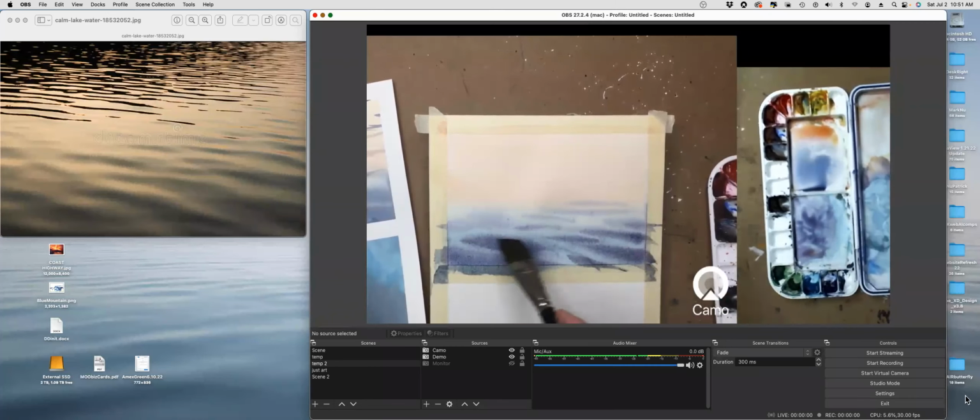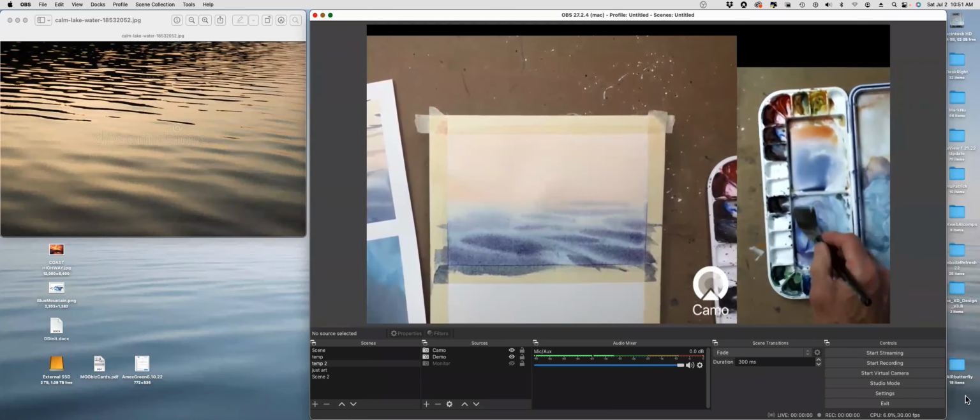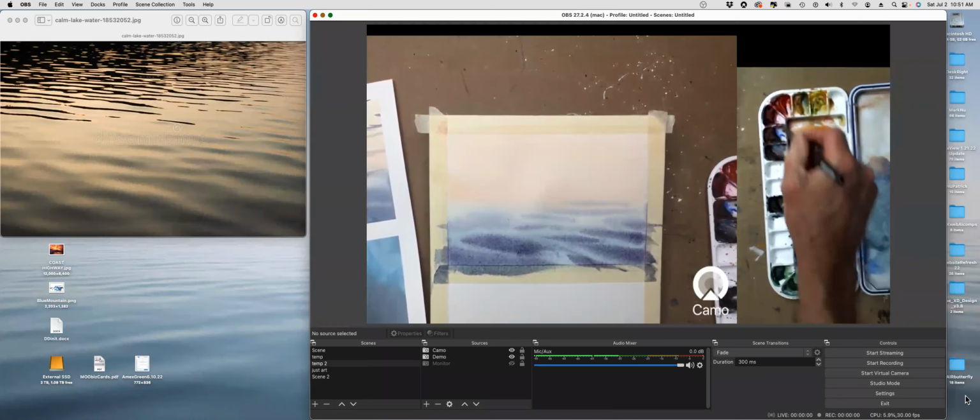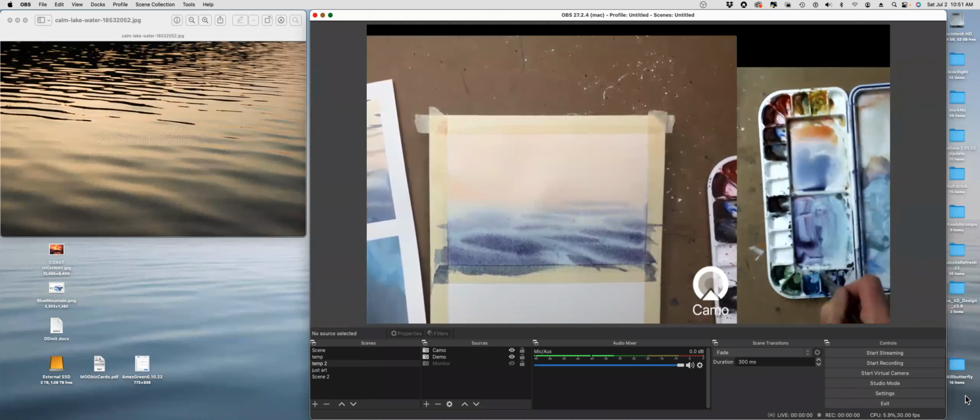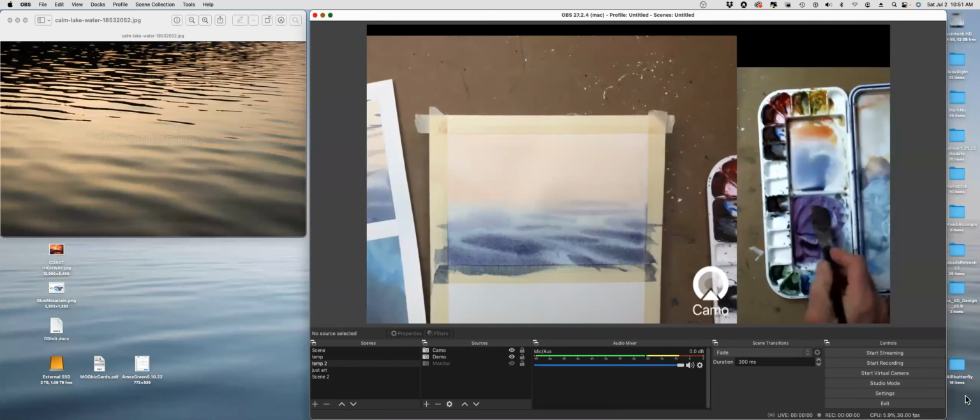I can still see defined edges. I'm not putting water on my brush. I'm just mixing this new color